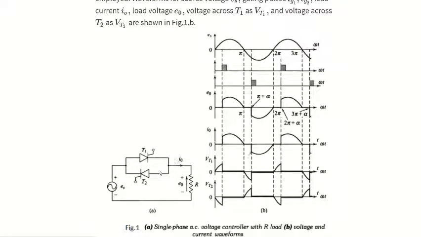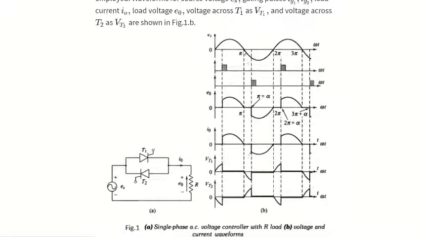I want to bring to your notice: T1 is conducting means what? There is a closed circuit, or you can imagine a switch here. These power devices are switches. When the switch is closed, there is completion of the circuit, right? So what you are applying here will be appearing at the load. That is what we can see here in the output. The input voltage is the same as that appearing across the load. Of course there will be some drop because of the power device, which will be very minimum, right?